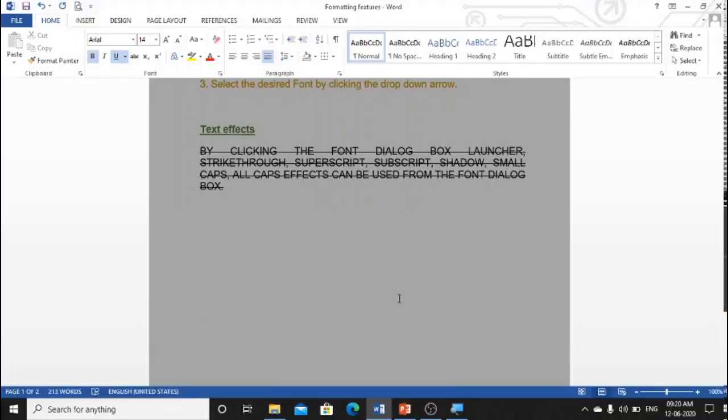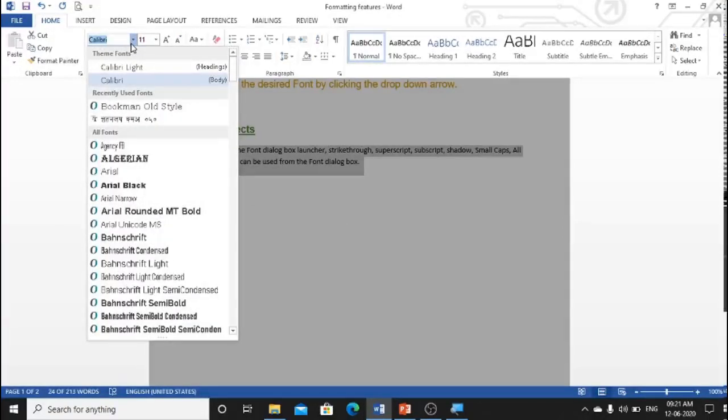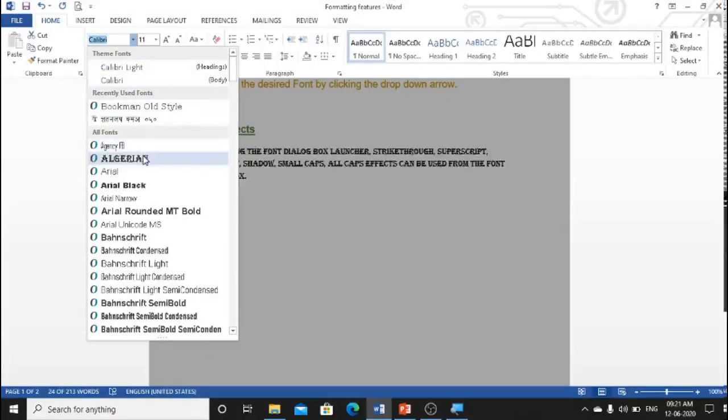Let's try it again. For that, first I'll remove all the formatting effects of my paragraph. So I'll click on this clear all formats icon. You can see my text has become regular now without any formatting, no color, no effects, no styles. Okay, and by default the font is Calibri and size is 11. Now I'll select the text. I'll click on this drop down to change the font. I'll make it Algerian,